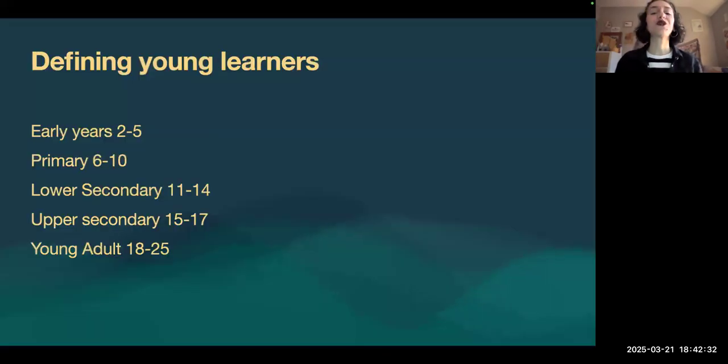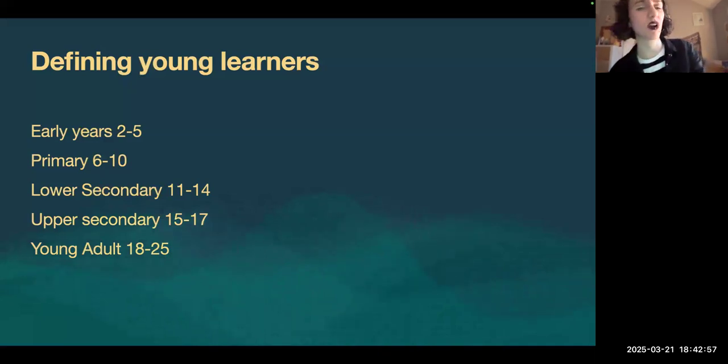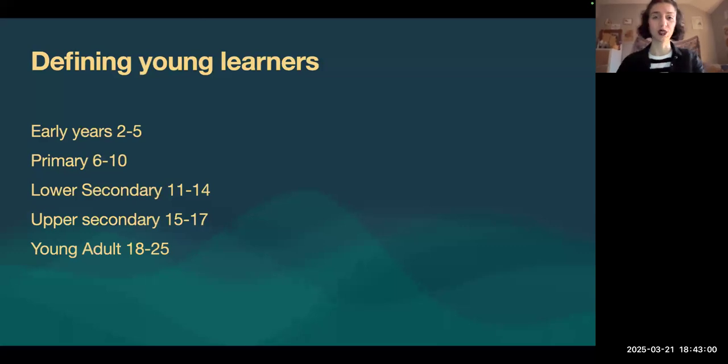So let's start first of all with the definition. The definition of young learners, I try to make it as simple as I could. I would start defining early years, so between 2 and 5 years old. And then there is what's called primary. So primary years, it's around elementary school age, so between 6 and 10. And then we have the lower secondary school, which is between 11 and 14 years old, like the middle